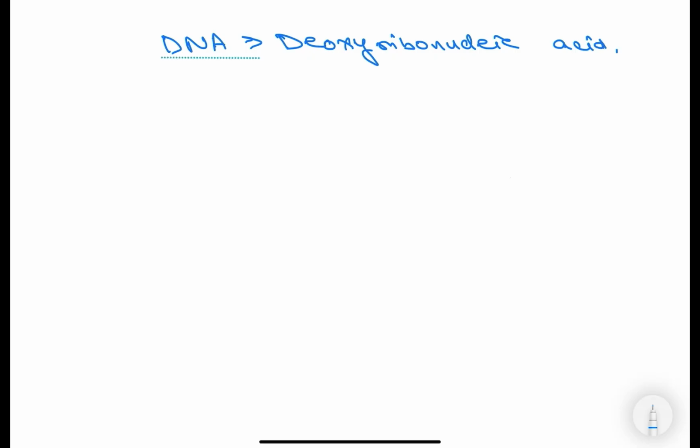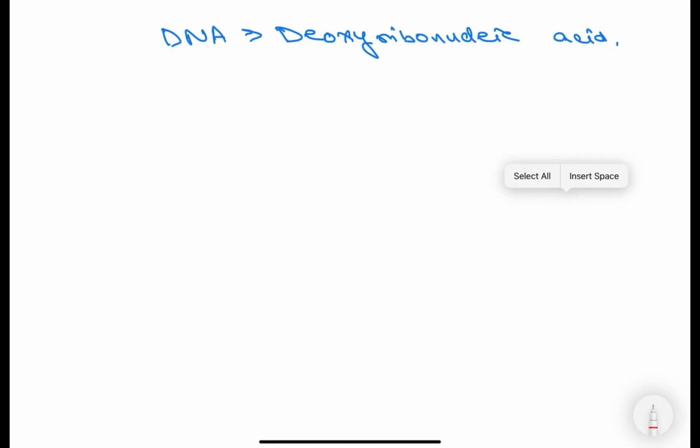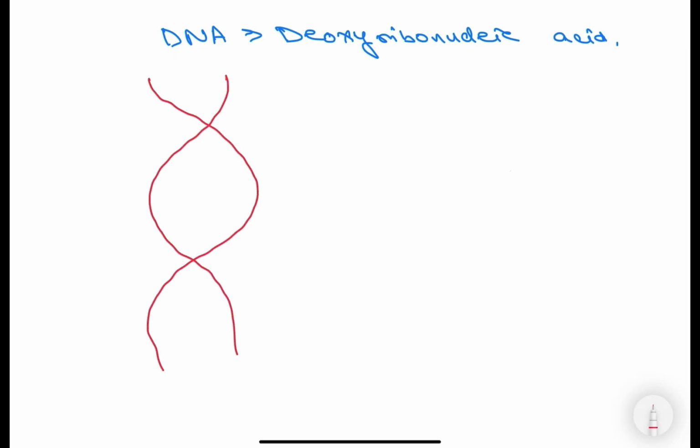Alright, as we all know, the human body consists of DNA, that is deoxyribonucleic acid. It carries all the genetic instructions required for development, functioning, growth, reproduction of living organisms. Now, if we look at the structure of DNA, it has a double helix structure which resembles a twisted ladder, and it's formed by two antiparallel